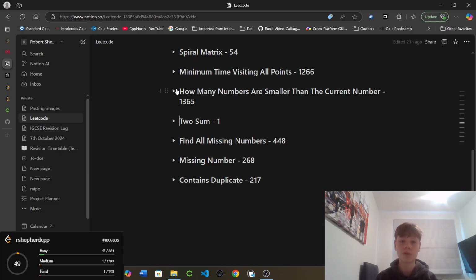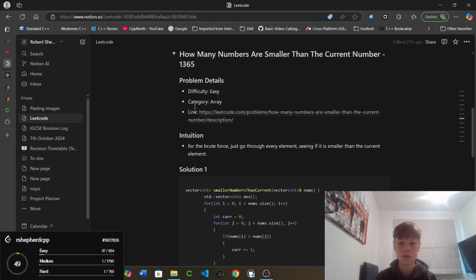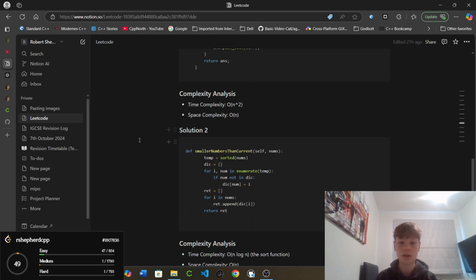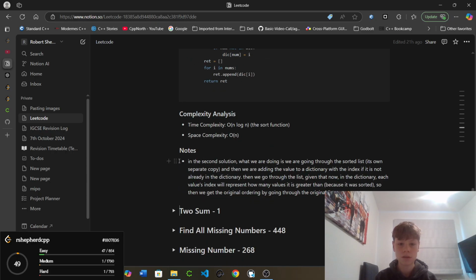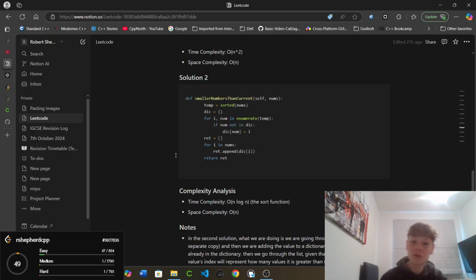How many numbers are smaller than the current number? So brute force, and then, in the second solution, what we're doing is going through the sorted list and adding the value to the dictionary if it's not already in the dictionary. Then we go through the list, and each value's index will represent how many. Oh yeah, this is such a cool solution because